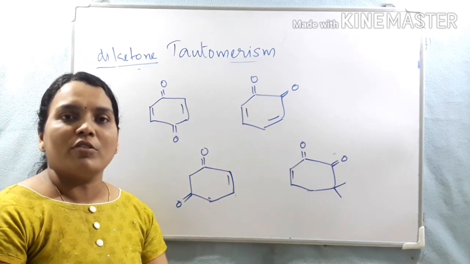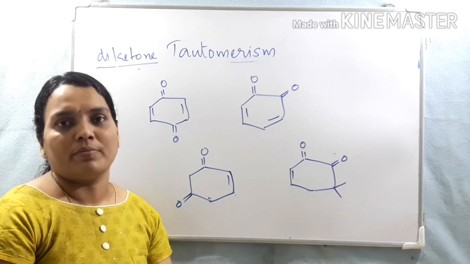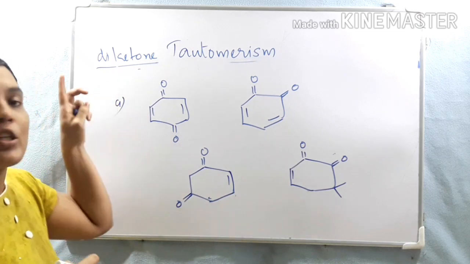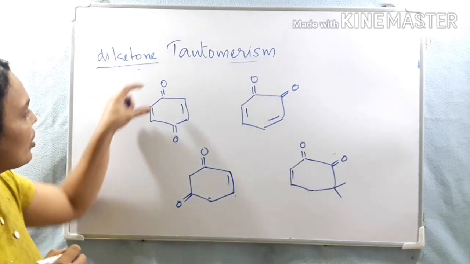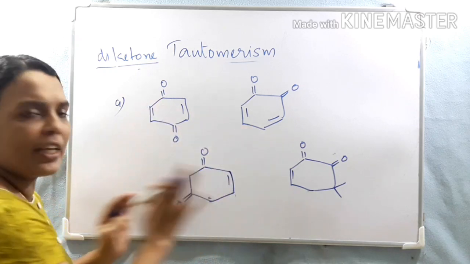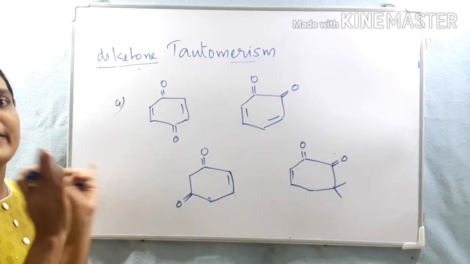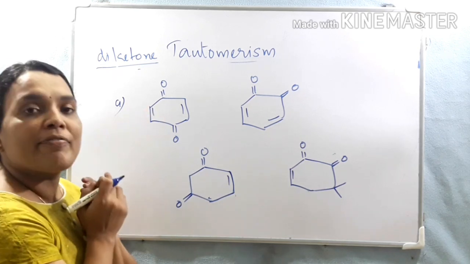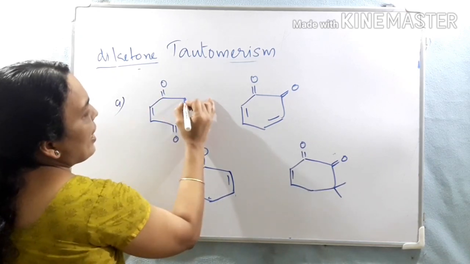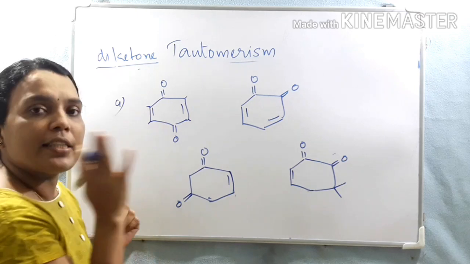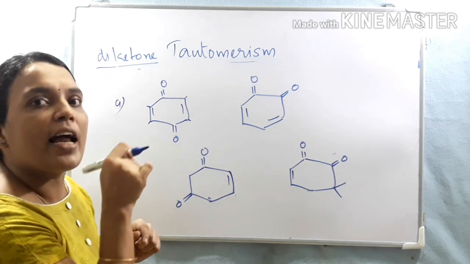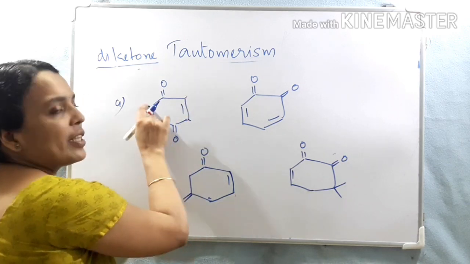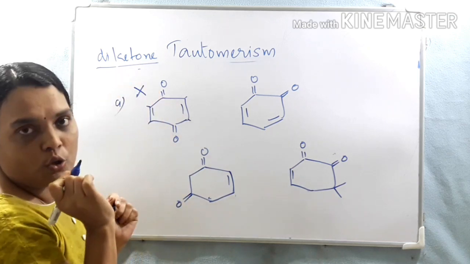Let us see one example. Out of the following compounds, which of them can show tautomerism? Look here, the first example. First we check for an electronegative atom with a carbonyl compound. These all are keto forms, so the first condition is satisfied. Then the second condition, whether alpha hydrogen is present. In the first case, alpha hydrogen is present. And the third condition, whether that alpha carbon is sp3 hybridized or not. This is not sp3, not sp3, not sp3, not sp3. That means here there is no tautomerism observed.